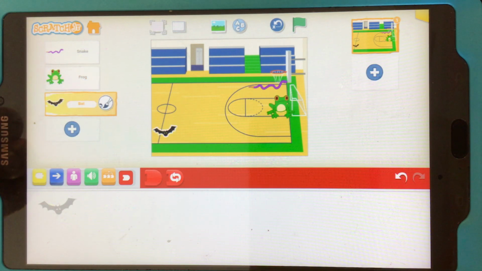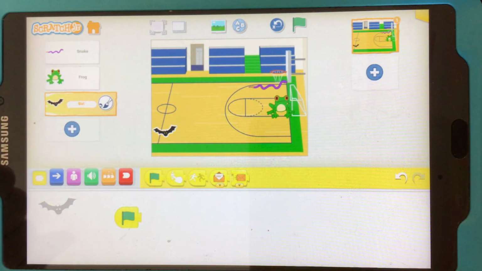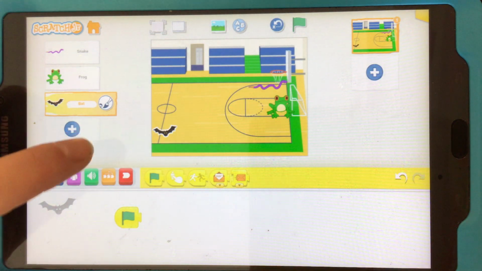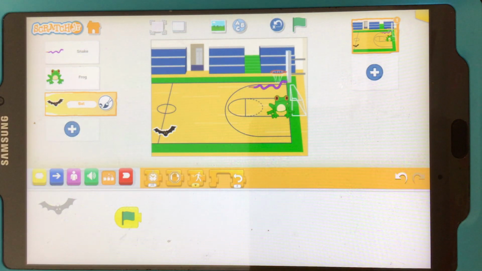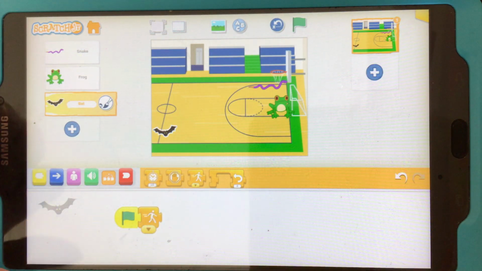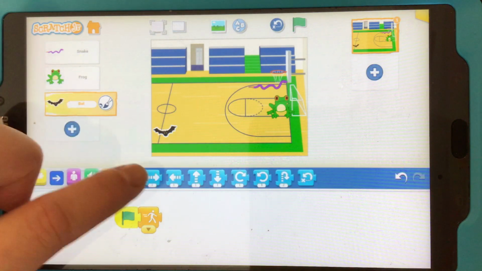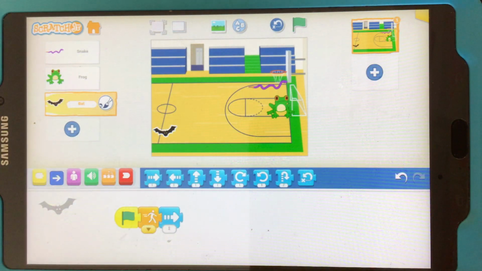Here's the thing with bat. I want to have a little bit of fun. A little bit more fun. I'm going to say that bat's a little confused about where to go in this race. Maybe doesn't like being inside of a gym. Not too sure where to go. So I'm going to have the bat race. And I'm going to have it go forward. But then maybe,